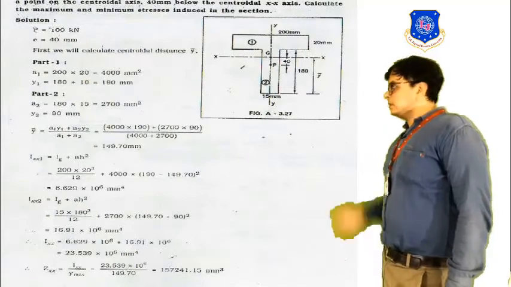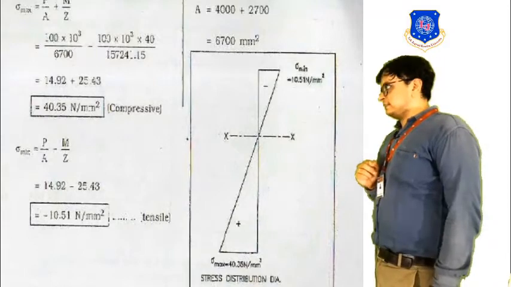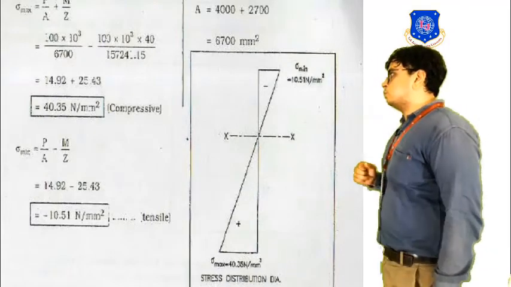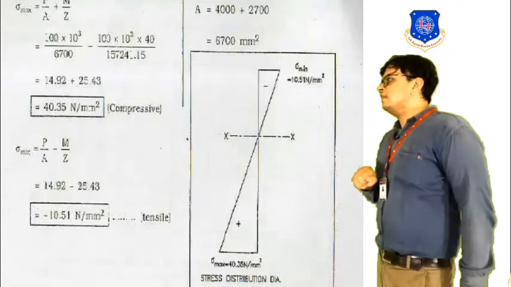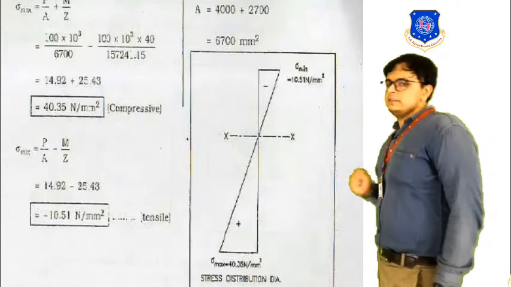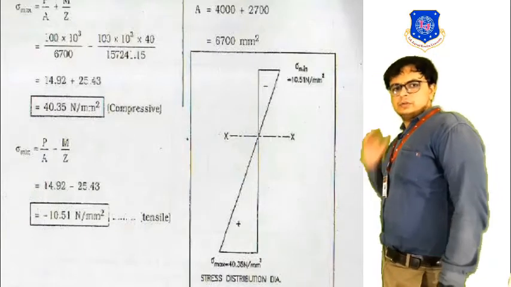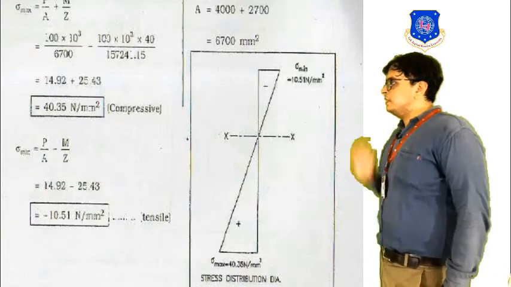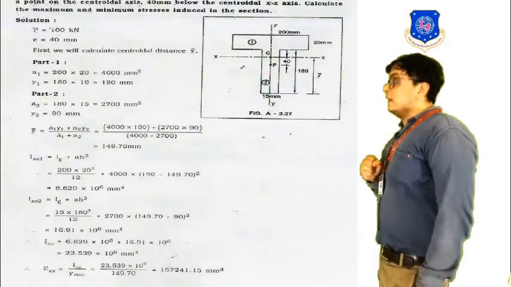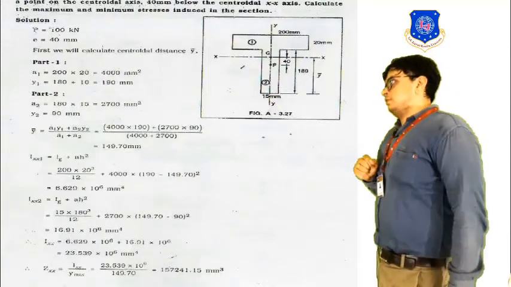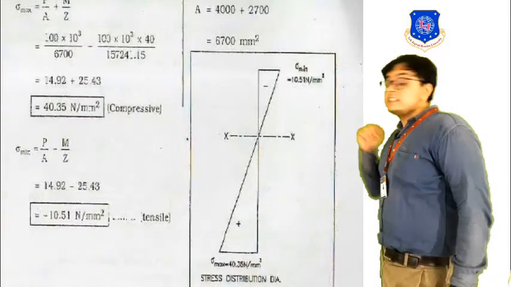In the further, you can see over here that we have to find the sigma max. Sigma max will be equal to direct stress plus bending stress. So first of all, let's discuss the direct stress. The formula is P by A. Let's get the values. Here our P that is given is 100 kilonewton, and our area here will be equal to